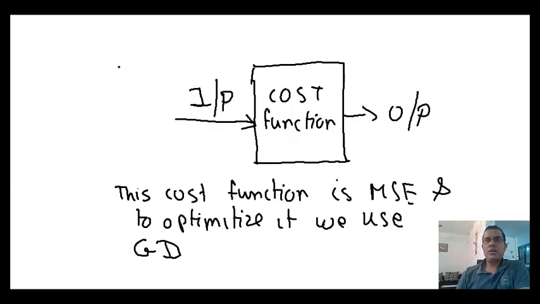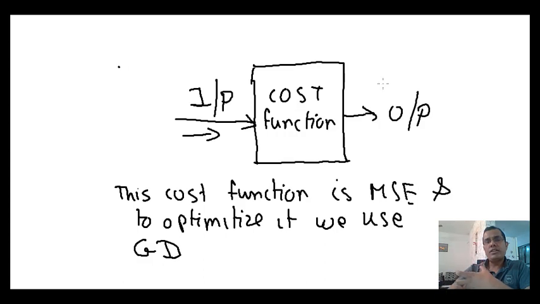Whenever we are creating any model, whether it's a linear regression or any classification function, the basic rationale is still the same. I give my input, I pass it through a cost function and I get my output. For example, when I have data, there can be a number of solutions possible for it. When I want to build a linear regression, I can build one line, I can build another line. There are n number of lines possible, but I need to choose the best line, and the best line would be the line where my cost or my error is least.